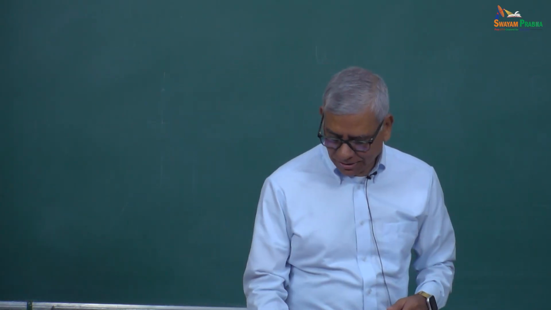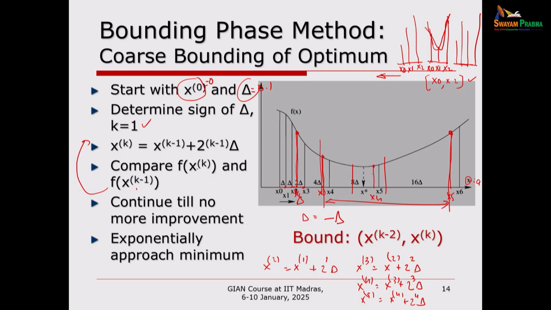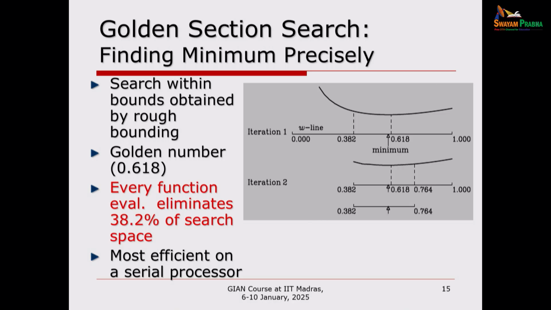But it doesn't matter. The goal is to bound the minima. The minima should be in between the lower and upper bound, and this one does that job. Okay, understood? Because you are going to do a home assignment with this. Once you've done that, now comes